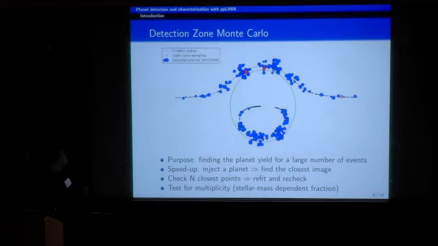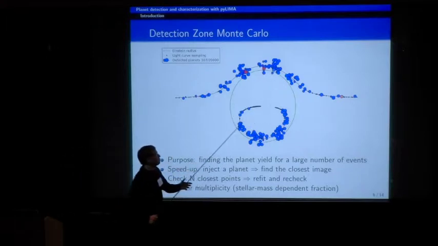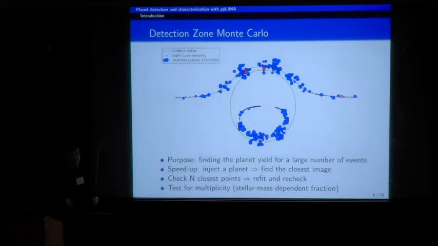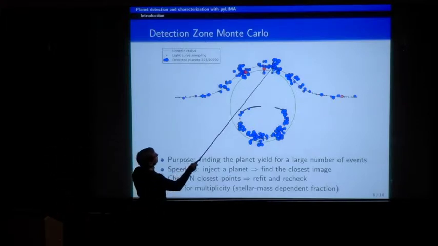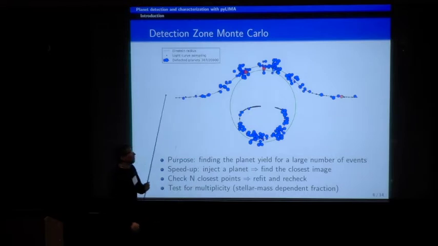The detection zone Monte Carlo we've devised gets rid of the issue that we have to simulate many, many maps. Instead, we put a planet somewhere based on a proposal function that can be a simple rejection sampling scheme, at a certain place in the lens plane. Then we determine what the closest images to that are, and we check if these depart by a certain threshold.